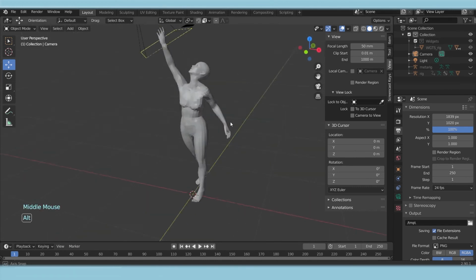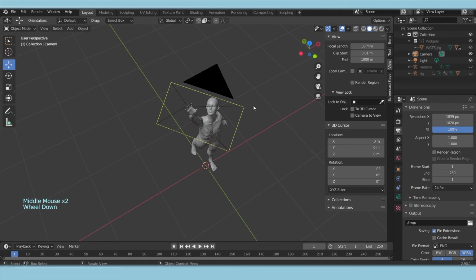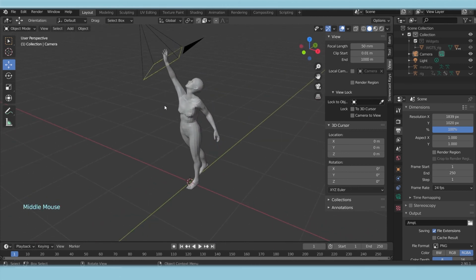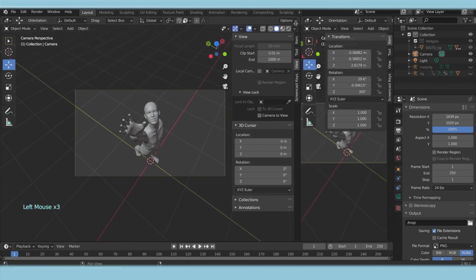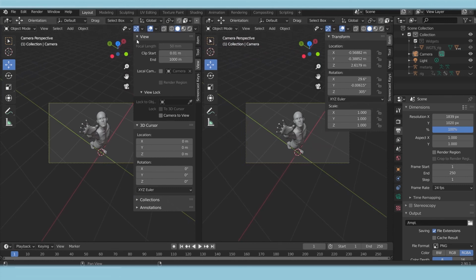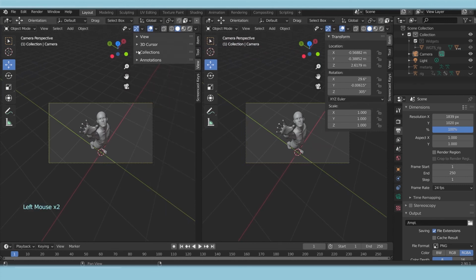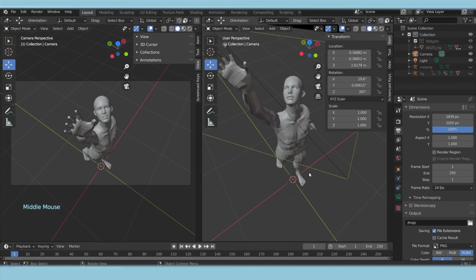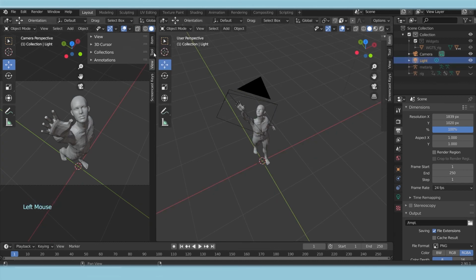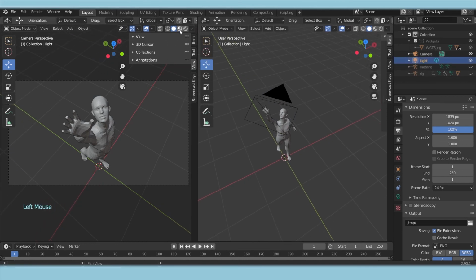So now you probably want to see what's in the camera and also modify the scene. So you're gonna go ahead and press 0. So you have your camera view here. You're gonna go to this, pull the screen and split it. So now you have a preview here. You can zoom in on it, and here you can modify and set things up. And another thing you want to do is go here to render preview,